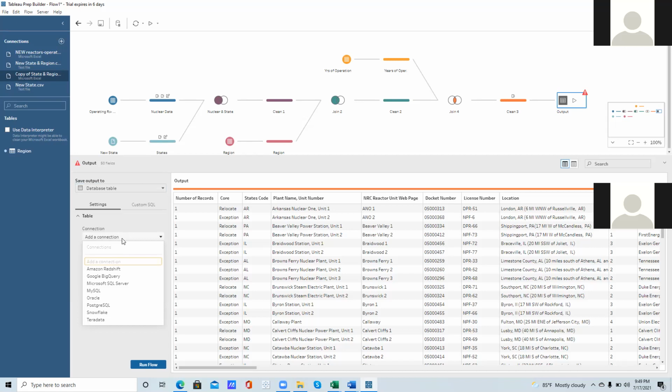You can output your data as CSV. You can also write your data as a Tableau data source, which is hyper, or just say Tableau extract. And your Tableau extract can be on the Tableau server or on your local machine.